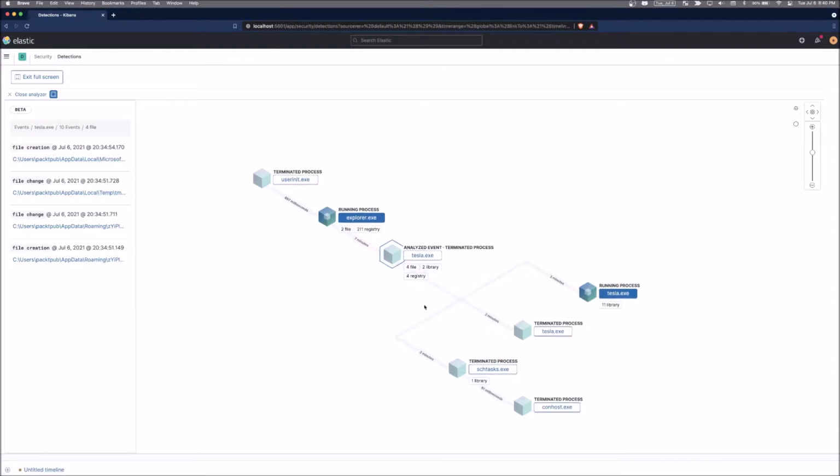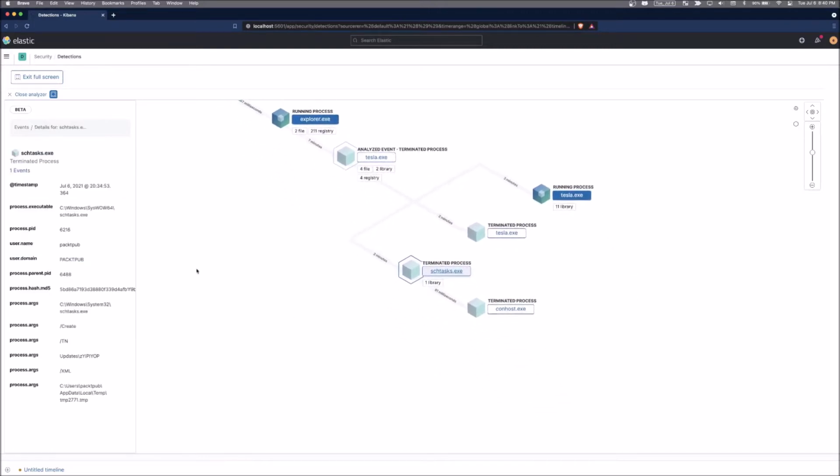Going down into the tree a little bit, we can see that the running process is Tesla, and it is calling some library files. It terminated a process, but there was another terminated process which I find interesting, in that it used schtasks.exe, which is the task scheduler inside of Windows. So again, we can simply click on this, and we can see the process hash and some various other information about it, and we can see that it used schtasks.exe with the